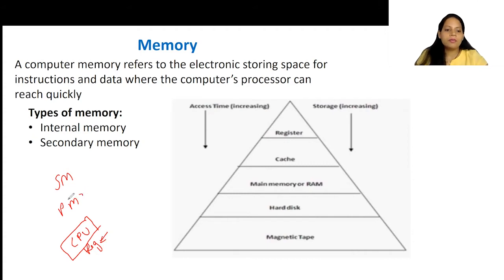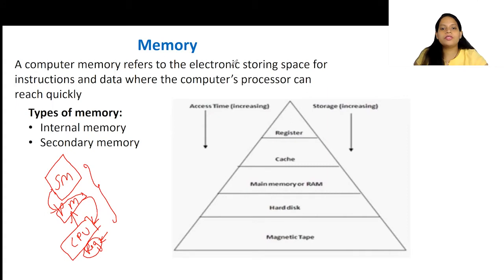Next comes our primary memory, and then secondary memory. Whenever the CPU needs any information, it will always access the registers first. If it is not available in the register, then it will go to the primary memory and see if the required data is available there. If not, then the secondary memory is accessed and the data is transferred to primary memory first, and then moved from the primary memory to the registers. I hope this concept is clear to you all. Let's move on to memory now.